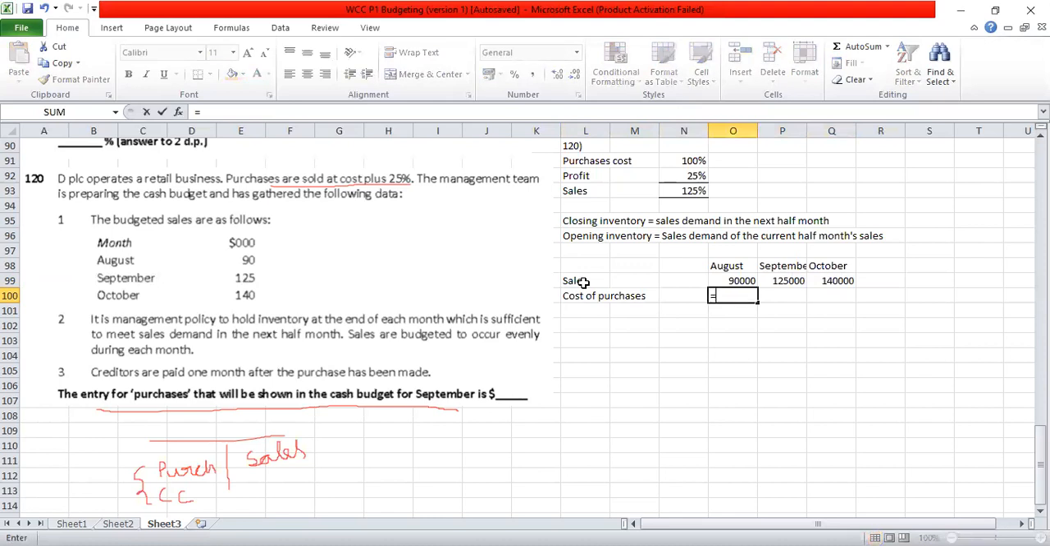The cost of purchases will be, if 90,000 is 125%, how much is 100%? So it will be 90,000 into 100 divided by 125. Then we have the closing inventory. Then we have to have the opening inventory details also. If we make the adjustments here, I think that will give us the